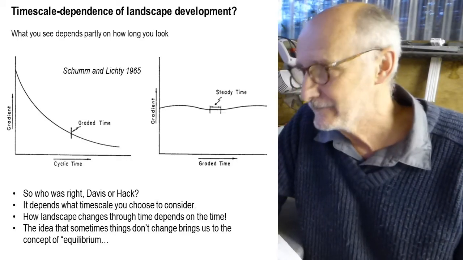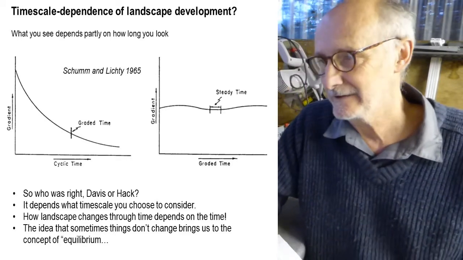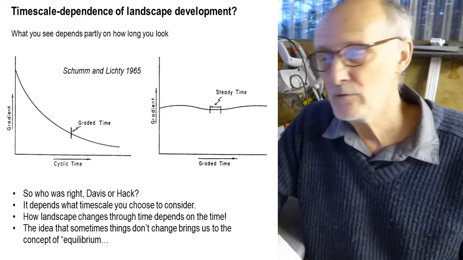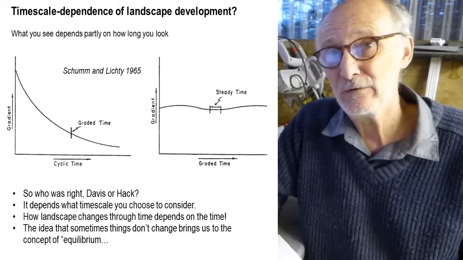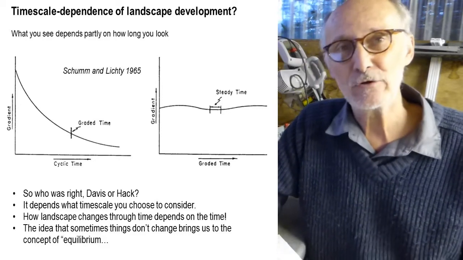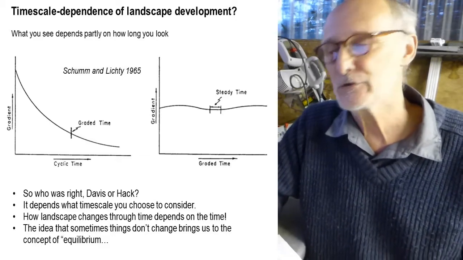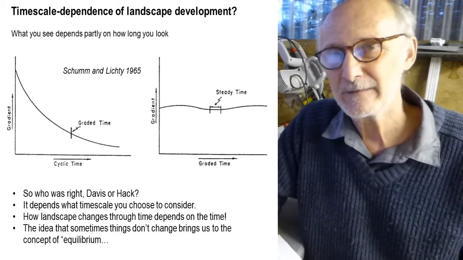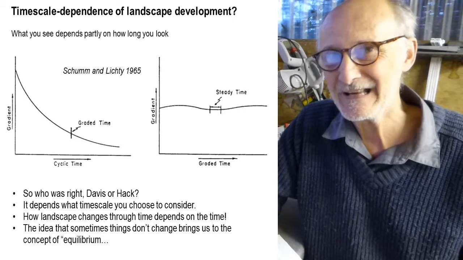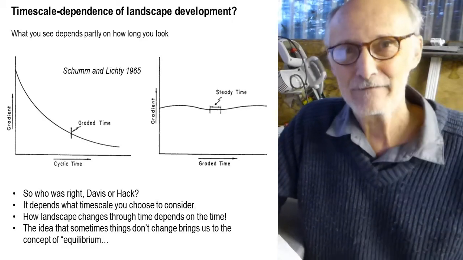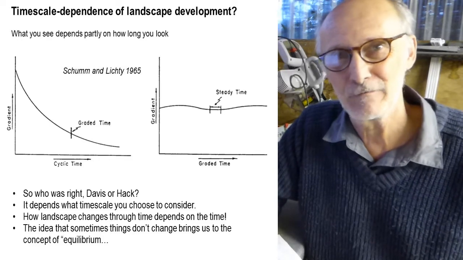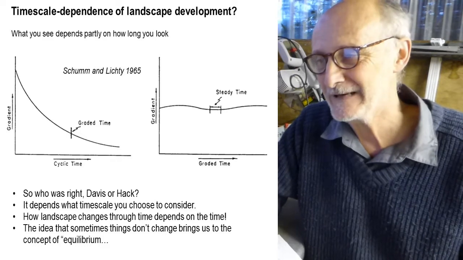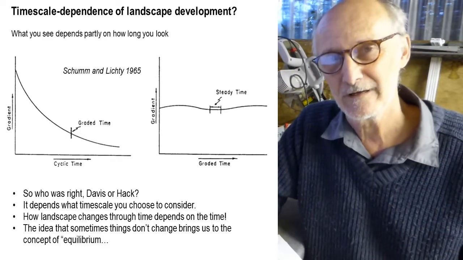And in that right-hand graph, they've also marked an even shorter time scale, which they've called steady time. Steady time is a time scale over which you can't actually really see anything happening at all. So if you're interested in long-term evolution of the landscape in response to fluvial erosion, and you walk down and have a look at the River Trent for 5 minutes this afternoon, in that 5-minute period of watching the river, you're probably not going to see anything happening that has any relevance really to the long-term evolution. You're not going to see the river system changing significantly in 5 minutes. That kind of thing happens over much longer time scales.